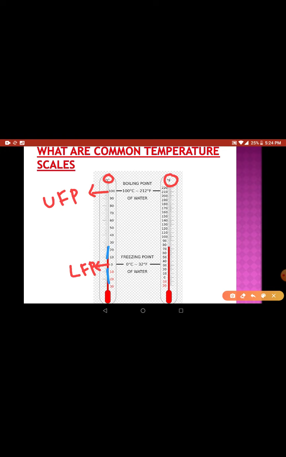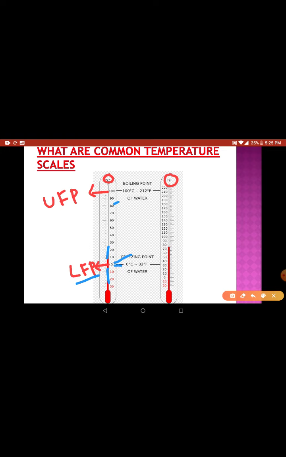And here, to keep the numbers on it, to grade this mercury thermometer, first we keep this thermometer in ice, that is the freezing point of water. In general we know that the freezing point of water is 0 degrees Celsius. That is called the lower fixed point. So we see the mercury level when you keep this thermometer in the ice, and mark it as 0. So we got 0, that is the lower fixed point.